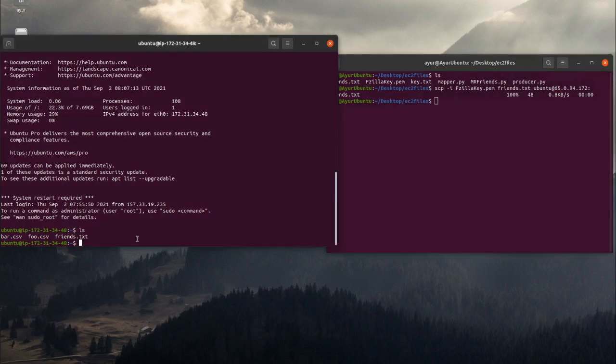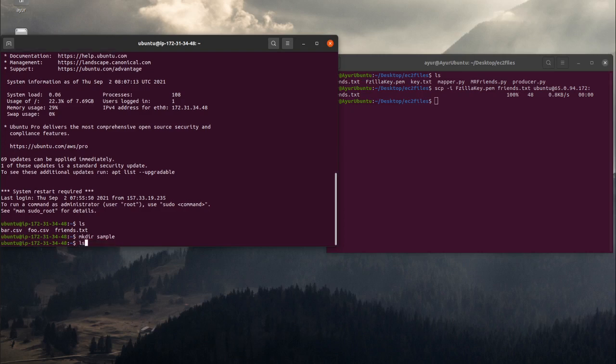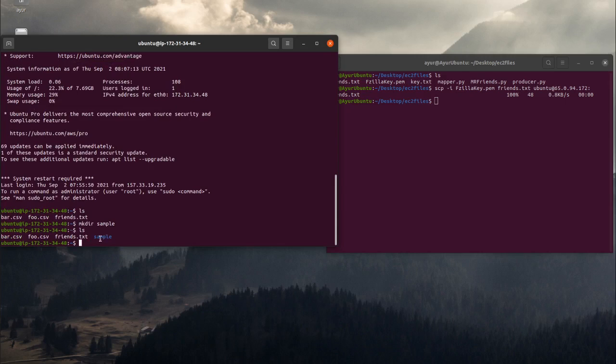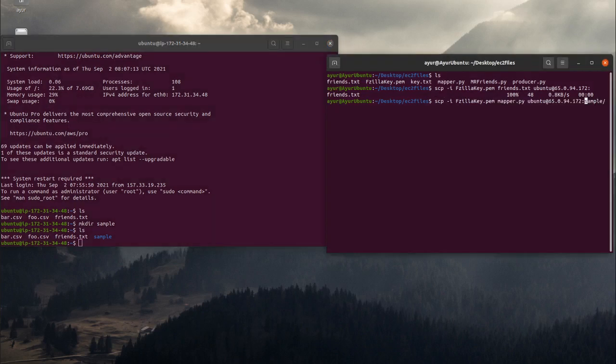and now we can also make a directory over here in our instance. So just write mkdir, say sample, and hit enter, and ls. As you can see, our directory is created, named sample. So now we are going to copy the file into that directory. So the command will be the same, scp -i and key, and this is the file which you are going to upload. And after the colon, here we are going to give sample slash. So now let's hit enter and let's check the code.